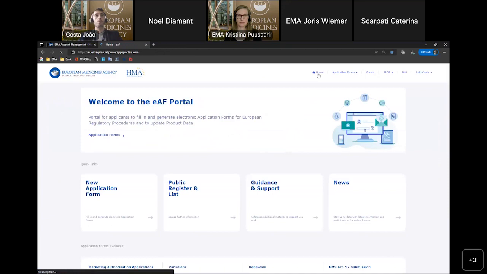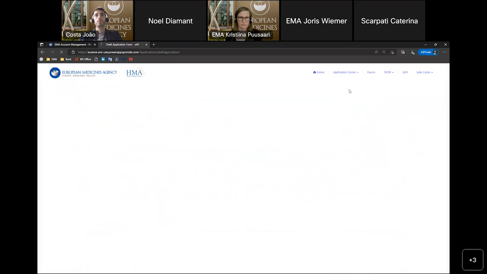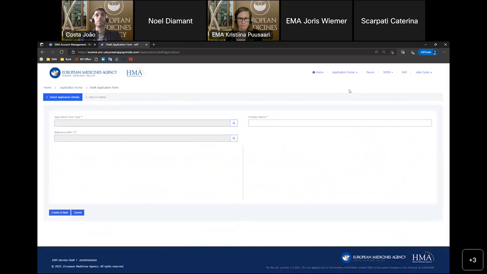We can go to home again. And if I want to simulate creating a new application form, I would need to come to this top right bar, application forms, new application form, and then start the steps on the application itself.